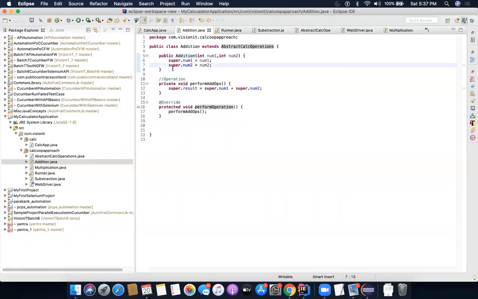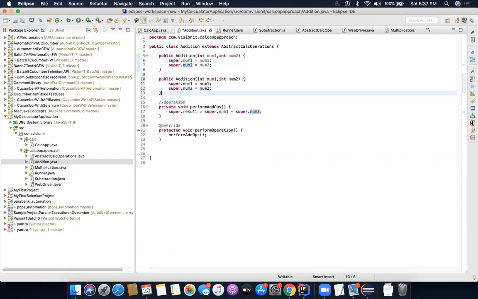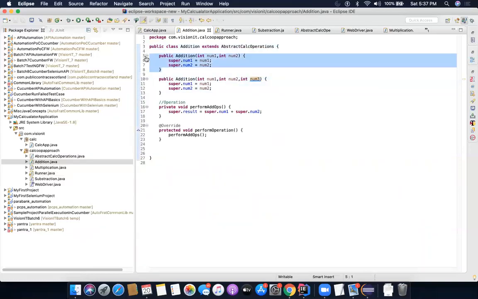So what I can do is create a constructor which accepts three numbers, right? This is called overloading, or constructor overloading. So if I just copy this, and say int num1, int num2, right now if you notice, there is an error because in a specific class you cannot have two methods with the same name and same arguments. But if you change the number of arguments, which is num3, let's say, it will be allowed. This is called overloading. So this is constructor overloading, and the same way method overloading also works, right?